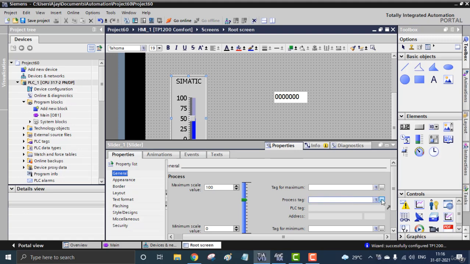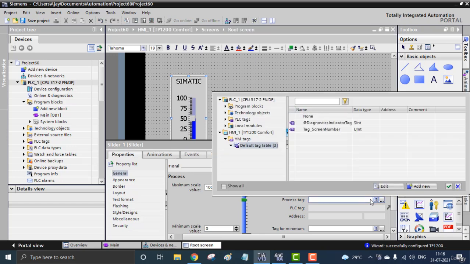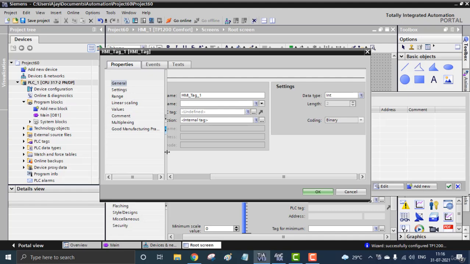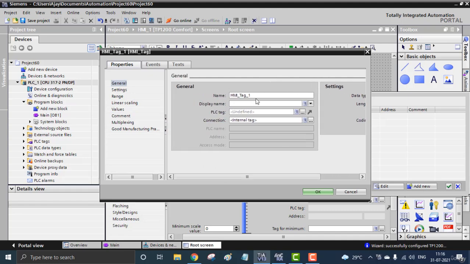So I can provide the process tag. Click here on the three dots, the configuration button, and you can see the tags are empty, because the slider cannot be provided with a digital or Boolean tag. I have to provide an analog tag, so I'm using add new. Here you can see we have HMI tag 1. I'm renaming it as SL, the abbreviation for slider.